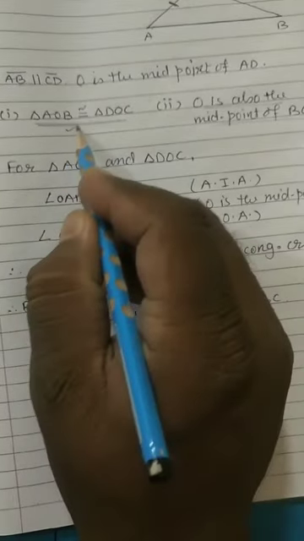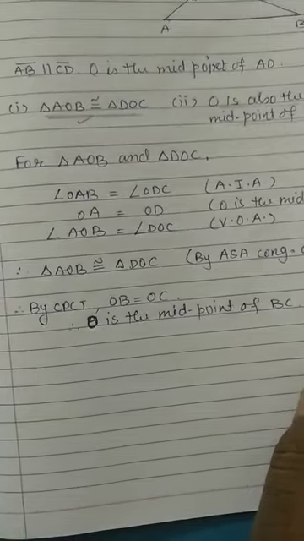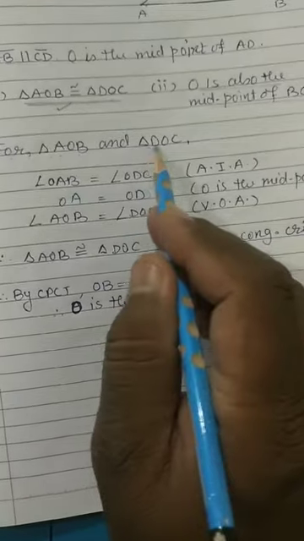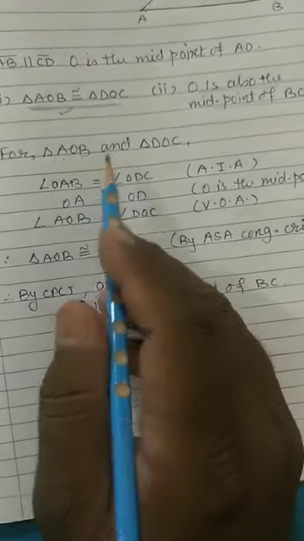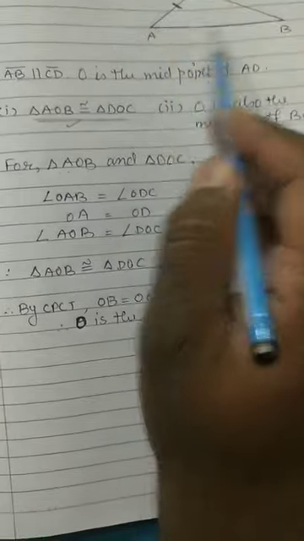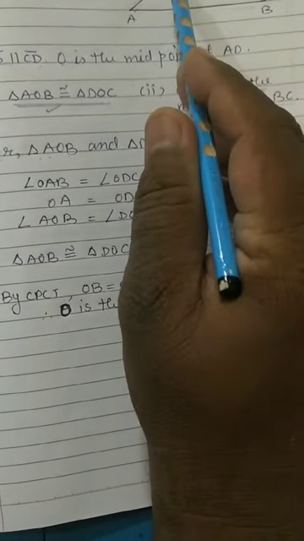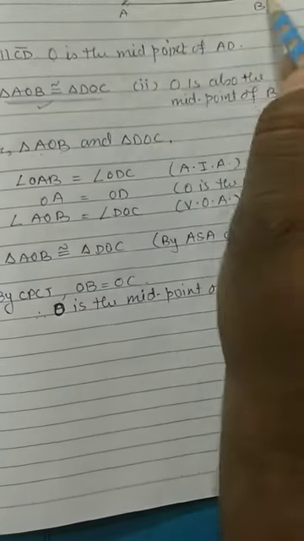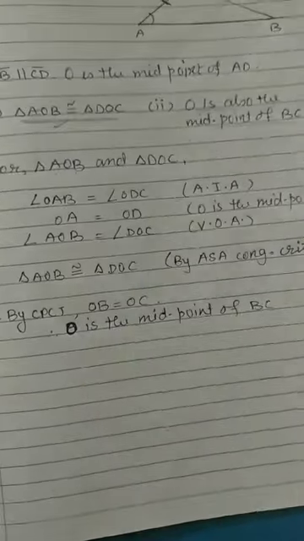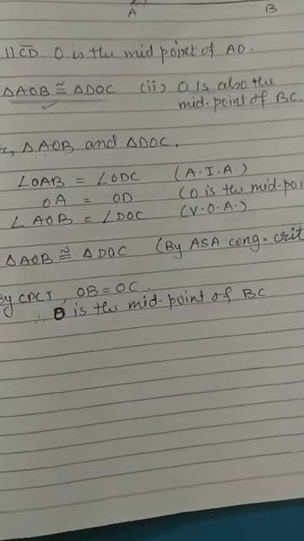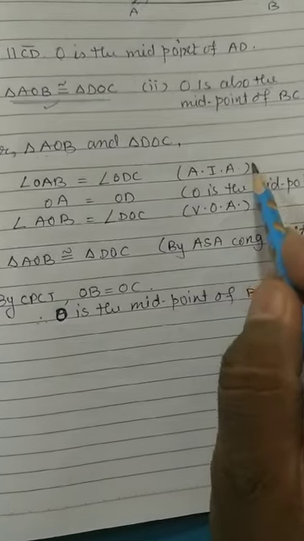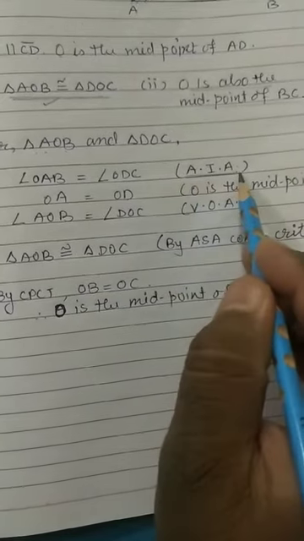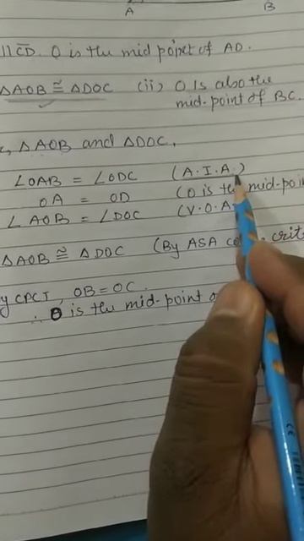Now see, these two triangles we have to prove are congruent. So let us take triangle AOB and triangle DOC, right? First, these two lines are given parallel. So can you say angle OAB is equal to angle ODC because they form a Z? So this and this are alternate interior angles, which is written here. You have to mention a reason here for why they are equal, so this is the reason which you have to write in brackets, right?